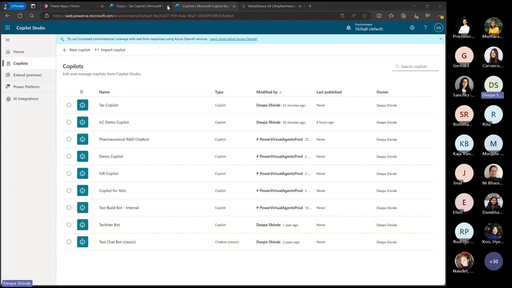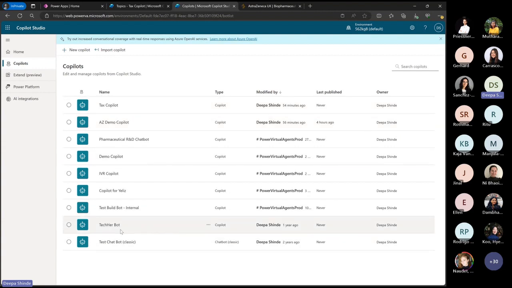Once you log into it, what you would see is something like this. I mean, actually, you would not see this. What you would see is basically it will ask you to agree to some terms and agreements to use Copilot Studio and whether you want to use it or not. Once you say yes, it will ask you to select the region. Once you do that, this is what you would see, but you would not see any Copilots in here because you wouldn't have created any, right? So this would be blank.